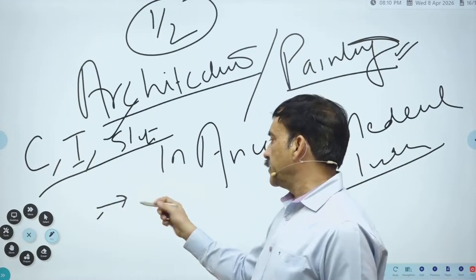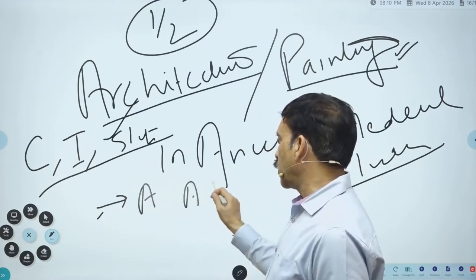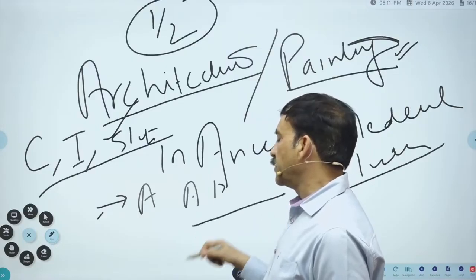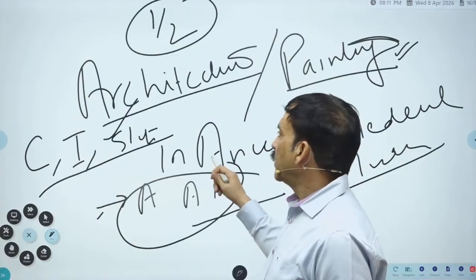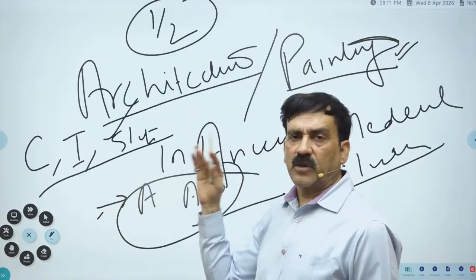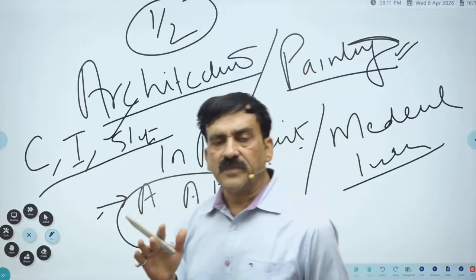we find a new type of architecture coming: arch, dome, monuments. So just have a brief survey of it, but here again give priority to ancient India. In medieval history, hardly 2 or 3 questions will be there. So